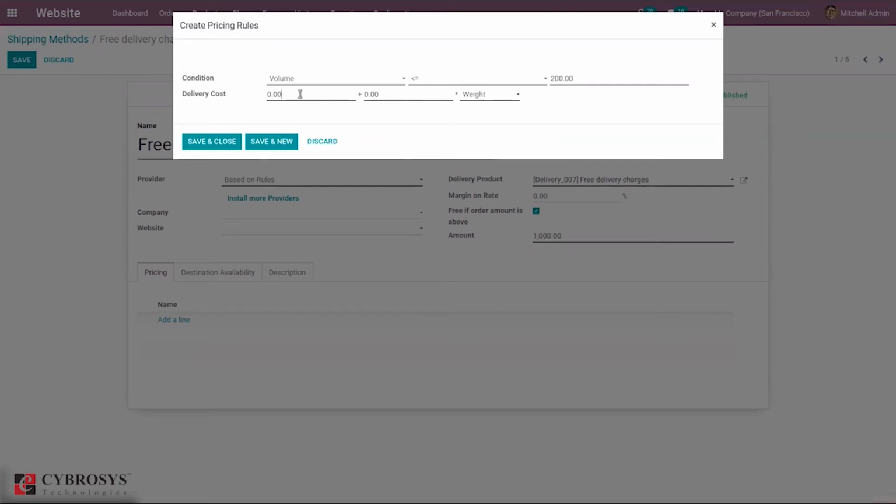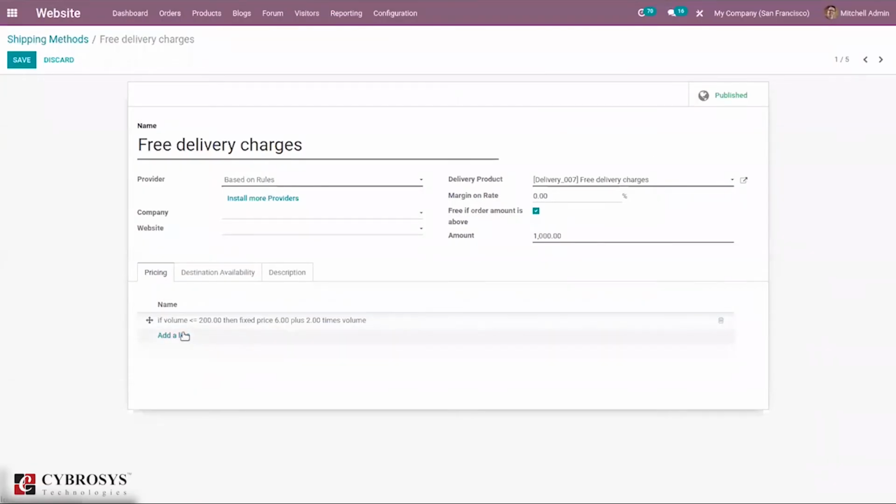Then we can set the delivery cost for this rule. In this way, multiple pricing rules can be added. These conditions need to be satisfied in order to use this shipping method.